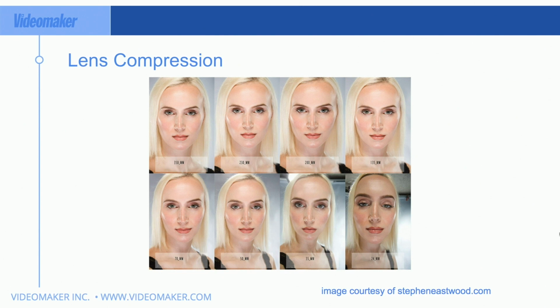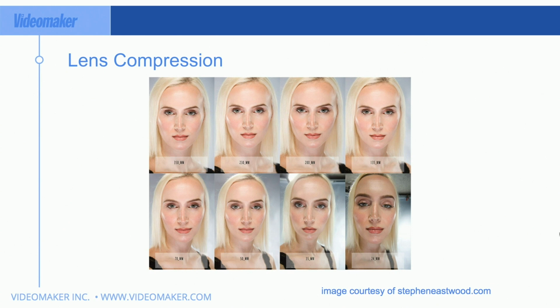Now, the average human eye's perspective just walking around is between 35 millimeter and 50 millimeter. 35 is typically about the human eye's field of view, what we see, and how space compression affects our eyes. So that's more typical. But you can see the background here of the 24 millimeter shot. You can see the ceiling, the top of the backdrop behind the woman. All sorts of stuff is seen here.